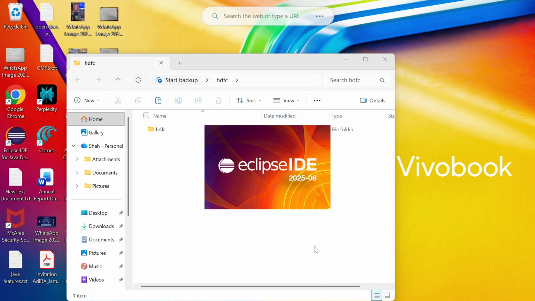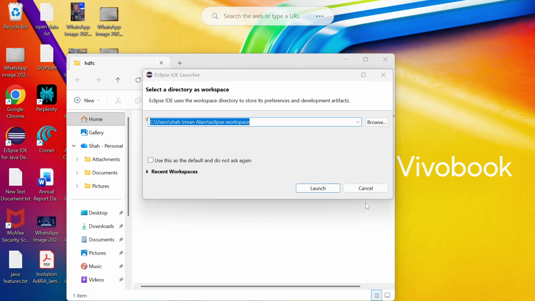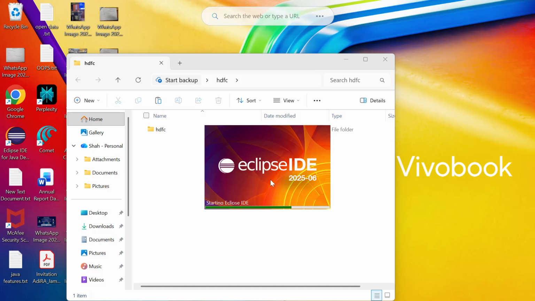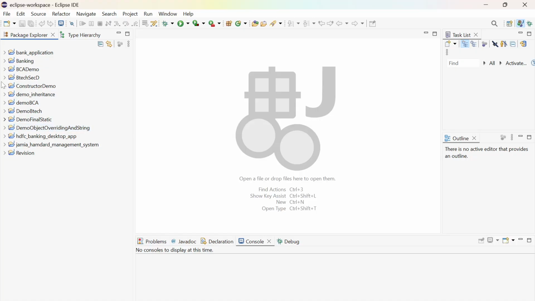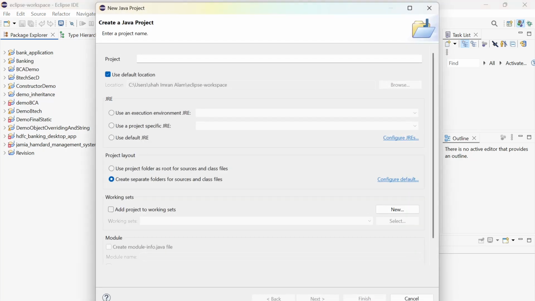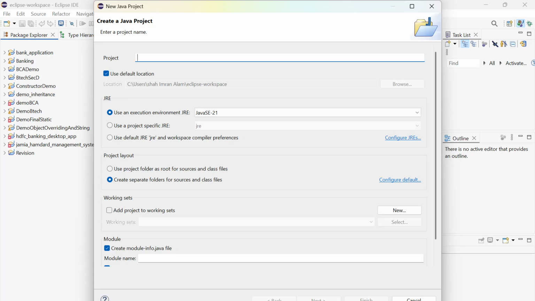Let the Eclipse IDE open, and once it is open, you will see this is the package explorer. Various projects are available over here, the list of the projects. In the package explorer, at this empty space, just right click and create a new Java project. When the create Java project window comes, type the name of a project, whatever you